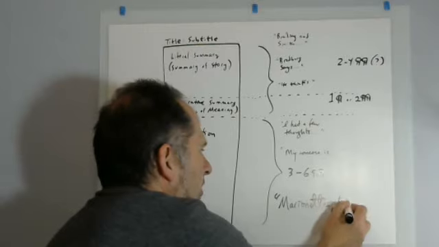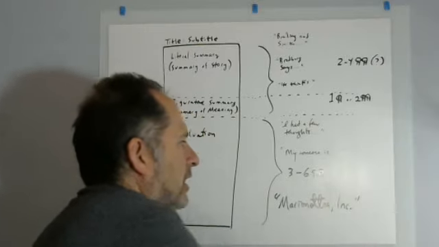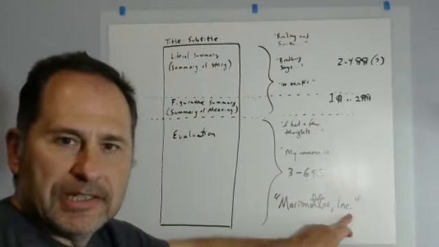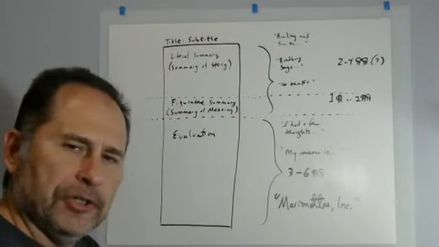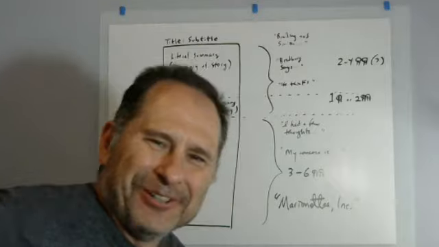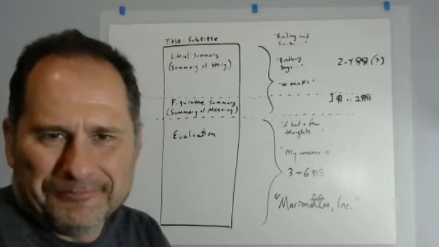comma, INC, period. Okay. Now that's not the end of the sentence. That's part of the title, right? The Inc. carries a period on it. You should check me on that, by the way. Go to the title and see if it's there. If it's not, then don't put the period.